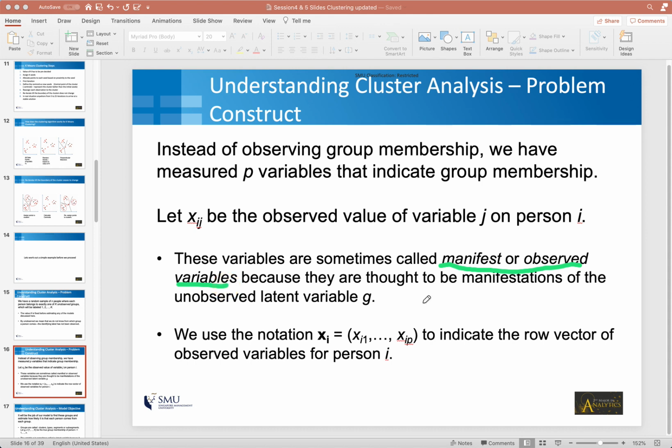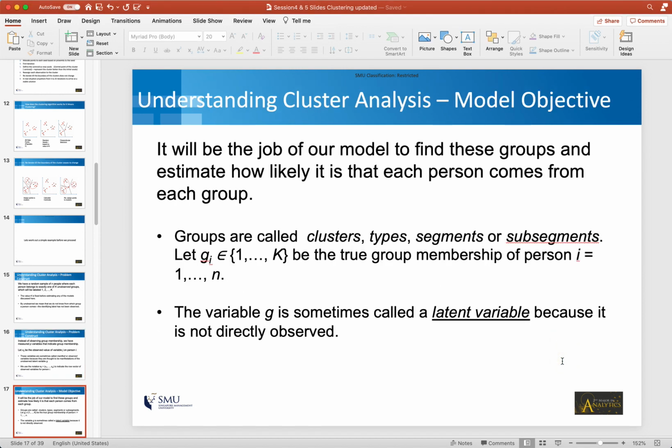The columns in the data are known as manifest variables because that is the information you have about each observation, and you will be using these columns to assign membership to one of the k groups. So that is basically some of the terminology. I'm not really going into each of these slides here. This is for you to go through if you want to.